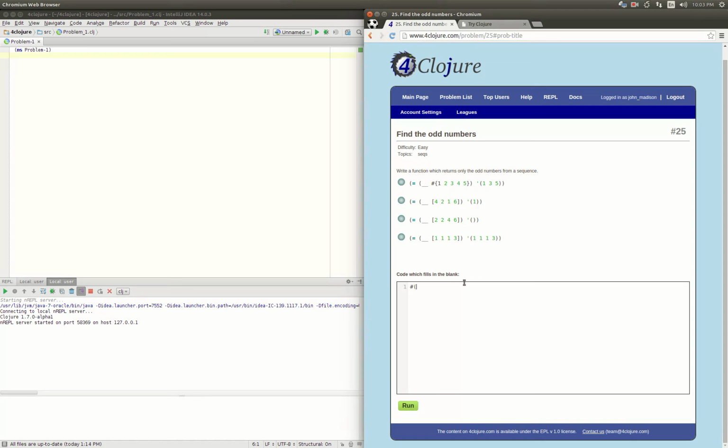So anonymous function filter. Our predicate is the odd function, and we pass in that parameter here. So the sequence is going to go into this %. We're going to run the filter function on that sequence with the predicate is odd. Alright, so that is the